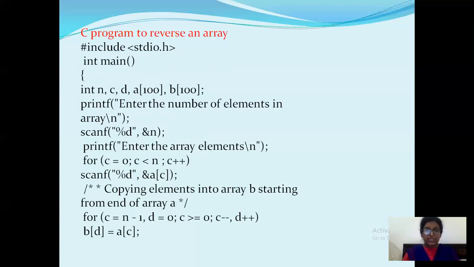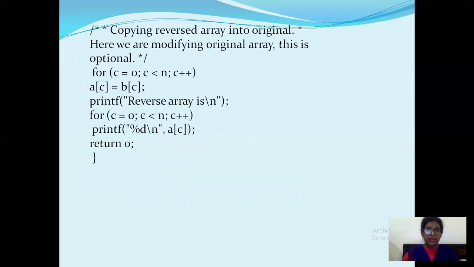So you need to start your C loop from where? You need to start your C loop from n minus 1, because you need to store the last element into your first element now, into your B of D. So A of C value will be stored in B of D, and you need to decrement your C value and you need to increment your D value. Like that you need to repeat this process, and you need to place all your A of C elements into your B of D elements, right? So you are placing the elements from last to first, from A of C to B of D,